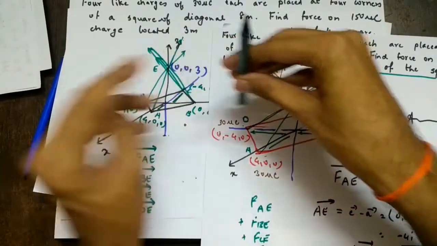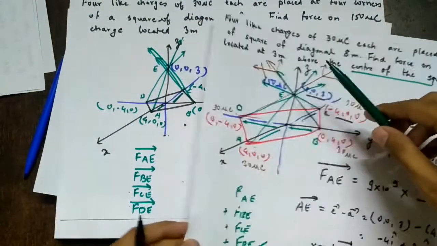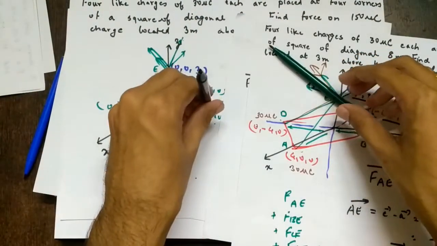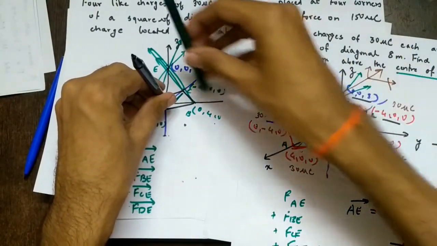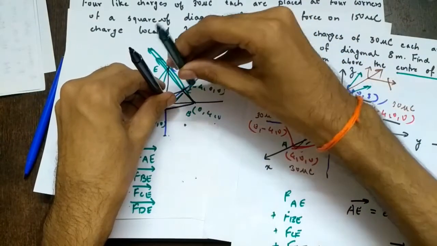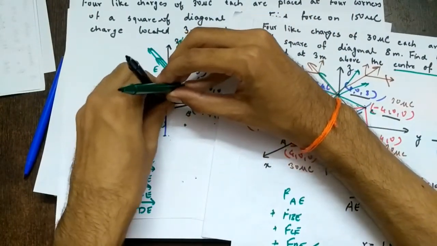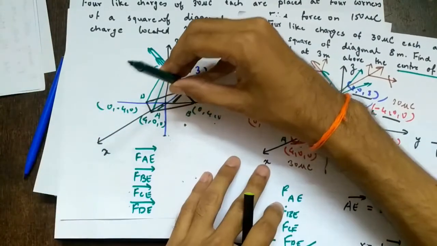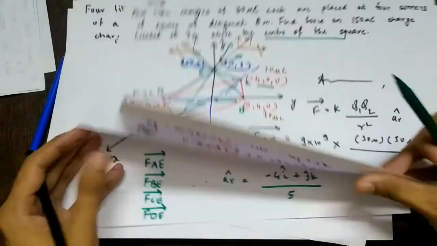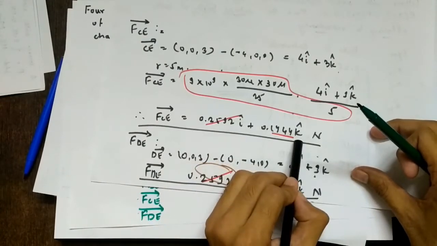From negative x means from here, let's say this is your z axis. This is your z axis coming out of the origin. This is point C. So point C to negative z axis, you are moving like this. So you are moving in which direction? Towards positive x. So this is positive x, and you are moving upwards of positive z for FC. So FC, what I have positive x, that is I cap, and positive k, that is k cap.